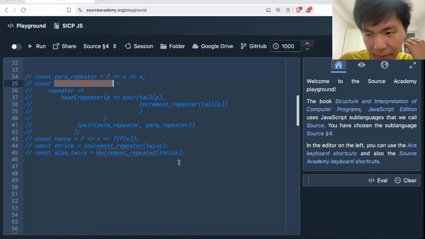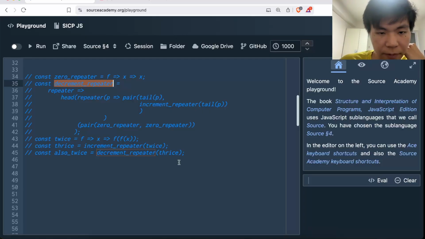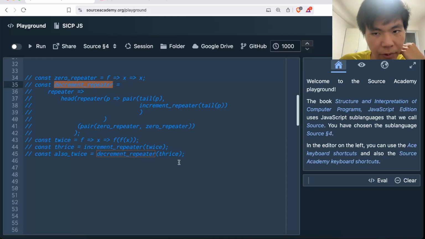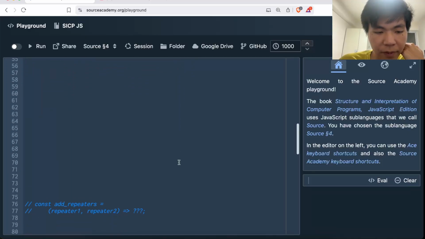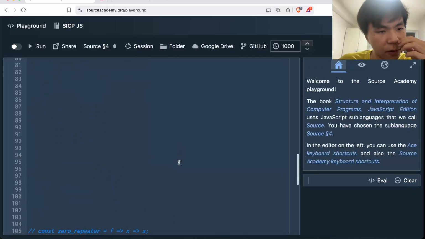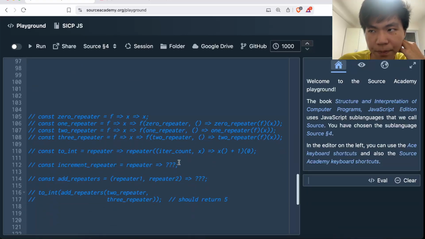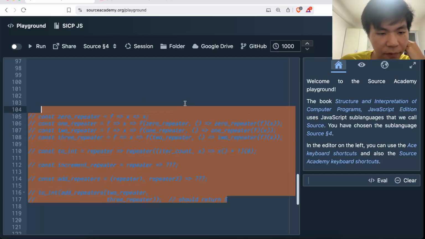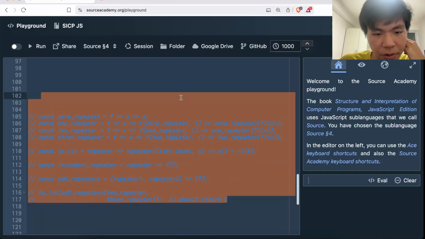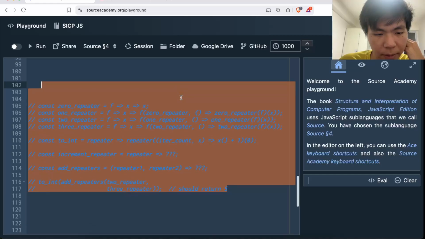So one would actually seek out a better way to implement decrement repeater to achieve O of 1. But it turns out we actually need to redefine the church numerals in a certain way. And so the rest of it will be motivating the derivation for that set of church numerals. So we'll arrive at the following new definition of church numerals, and one would see that we will need